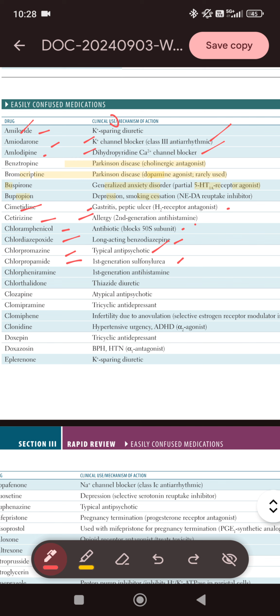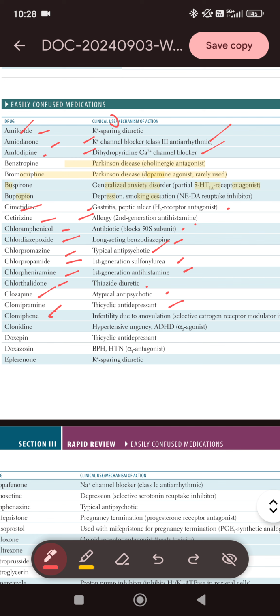Then we have chlorpheniramine. It's a first generation antihistamine. Chlorthalidone. Thalidone is a thiazide diuretic. We have clozapine. Clozapine is an atypical antipsychotic. Clomipramine, it's a tricyclic antidepressant. Clomiphene,